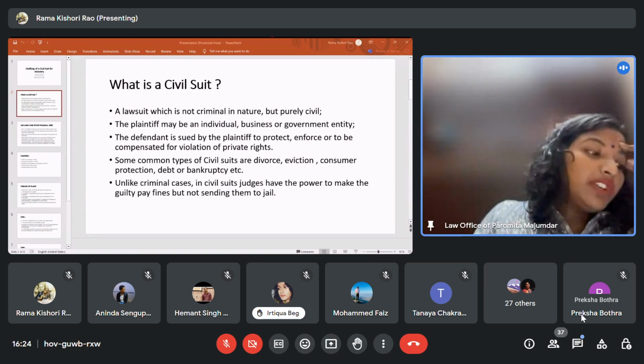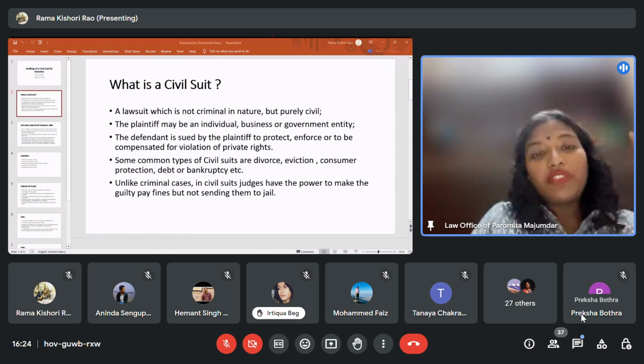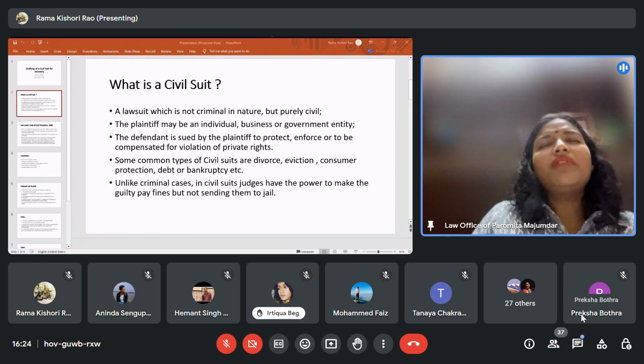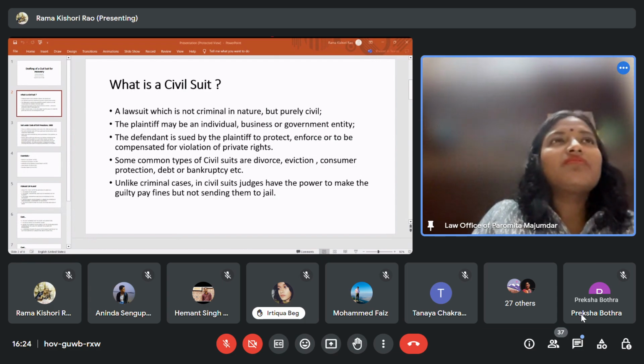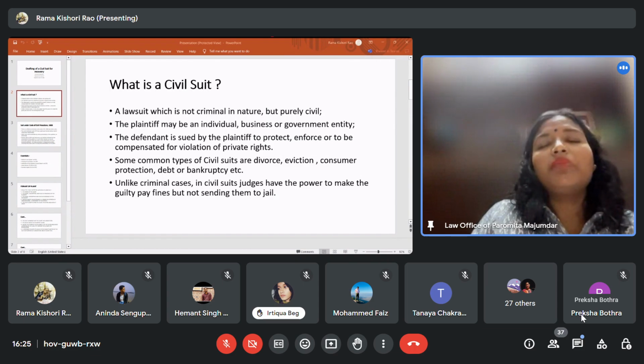Okay, and then comes suit tried by court of small causes, which is not very common in India, because these are very small suits filed for 1,000 or 500 before the courts of small causes, and